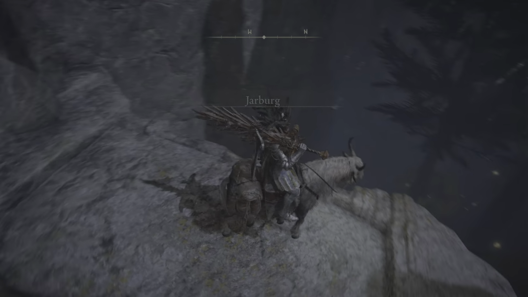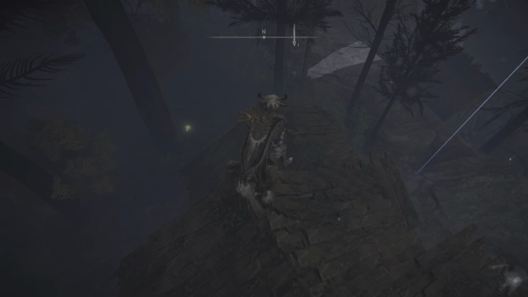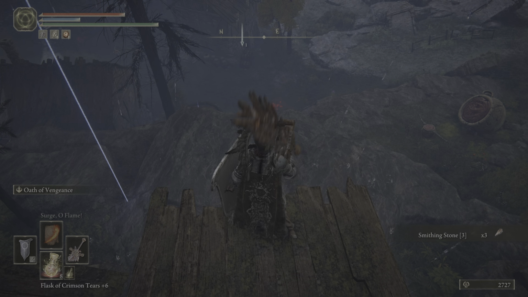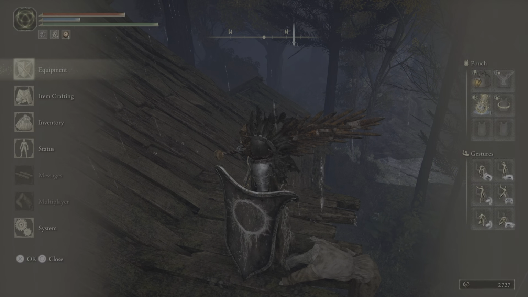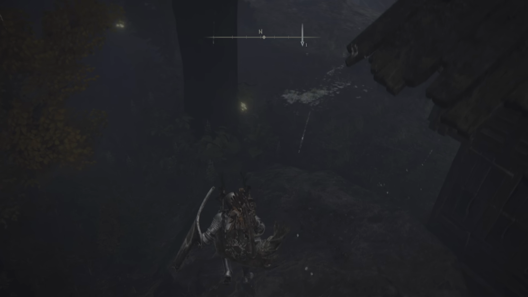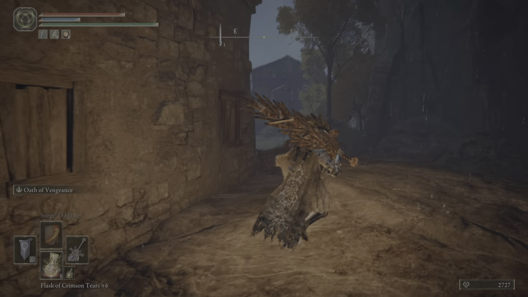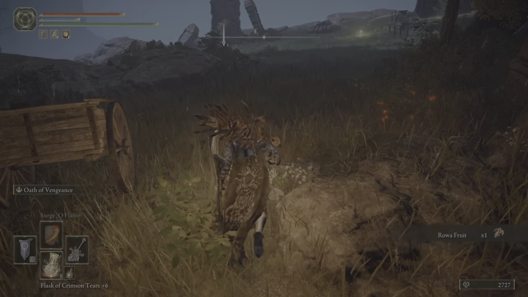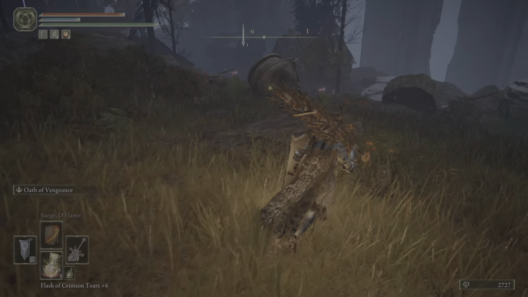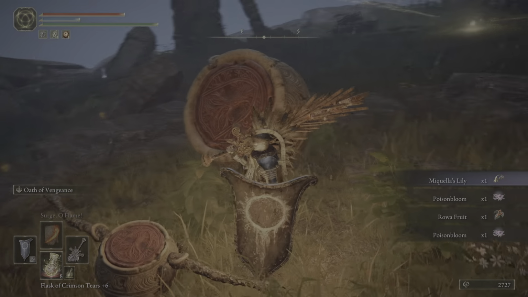Oh, okay. Oh, there's something on the roof. No, please, horsey. Okay, I'm getting on the horse. Oof, I needed this. I needed this for my shield. Okay, so I think let me go towards the Site of Grace. Oh, these are...